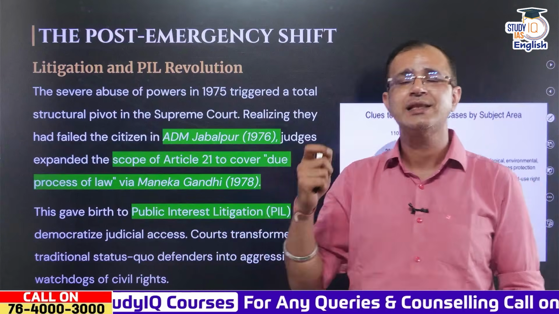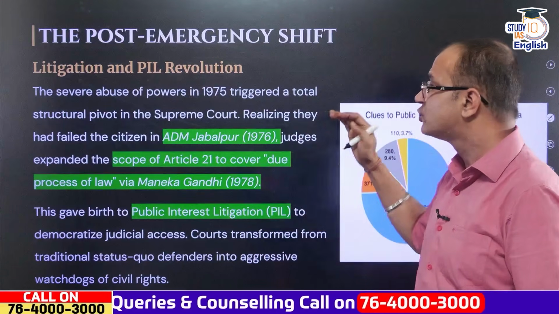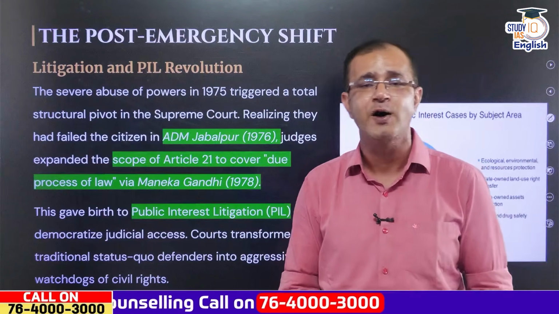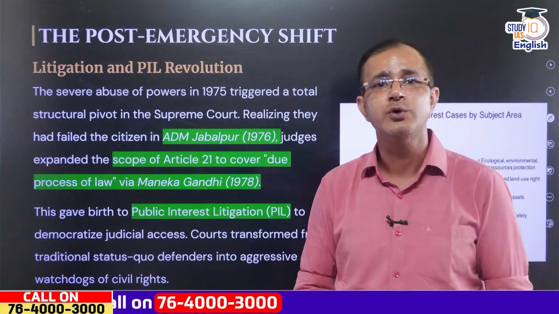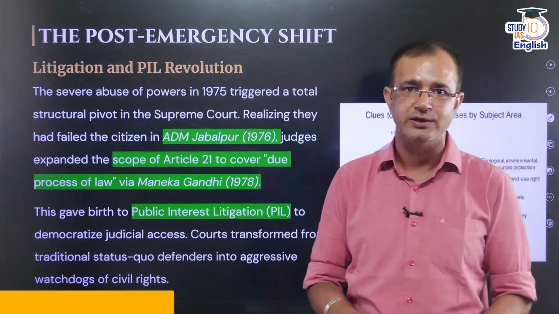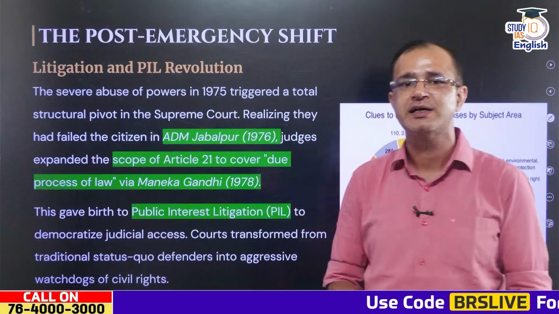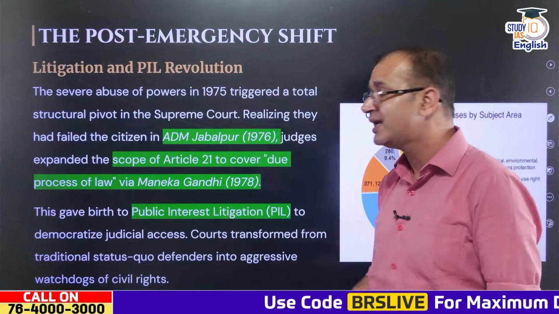And ultimately, over here, they have realized that they have failed the citizen in the ADM Jabalpur case. So the judges expanded the scope of Article 21 to cover the due process of law. That was through the Maneka Gandhi case in 1978. Also, this gave birth to the PIL, or public interest litigation, to democratize the judicial access that we have